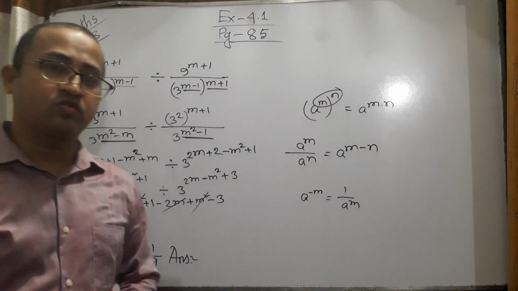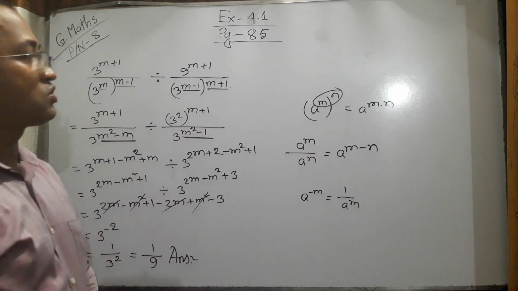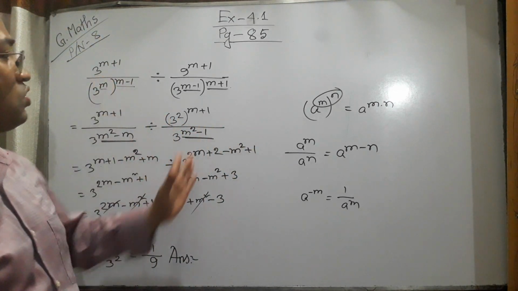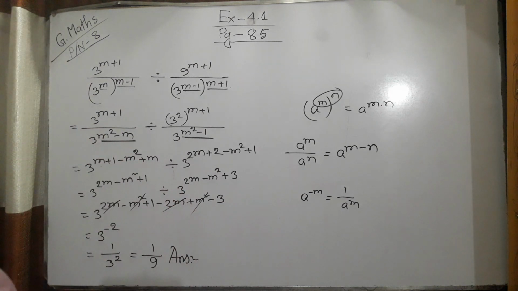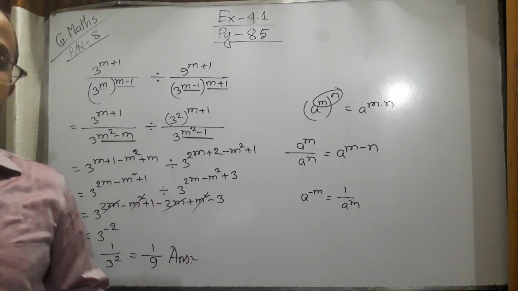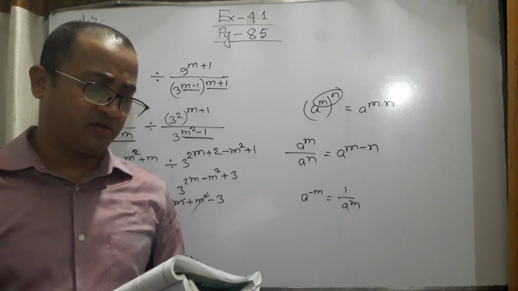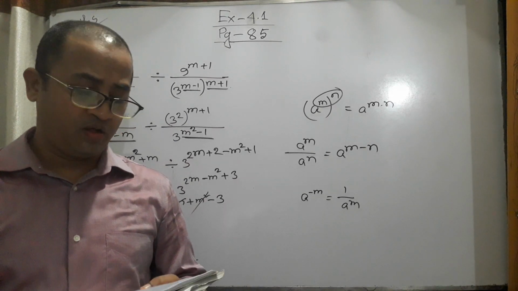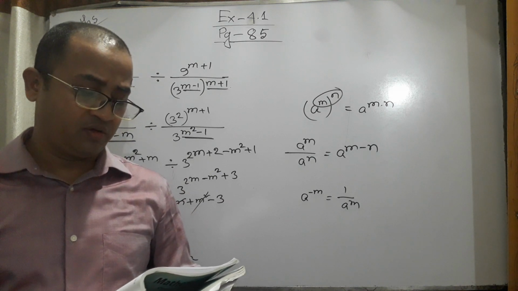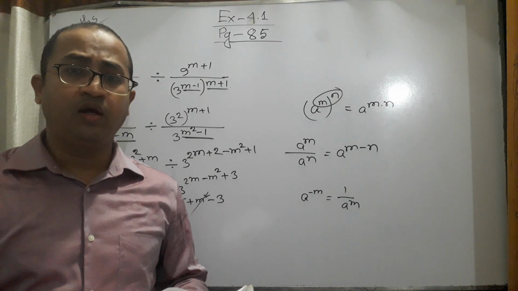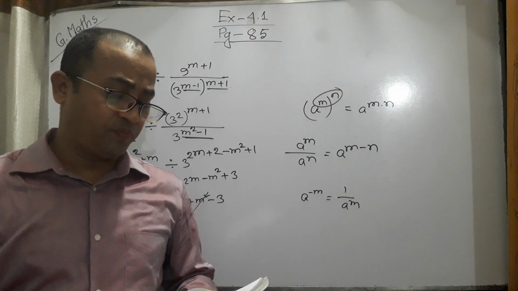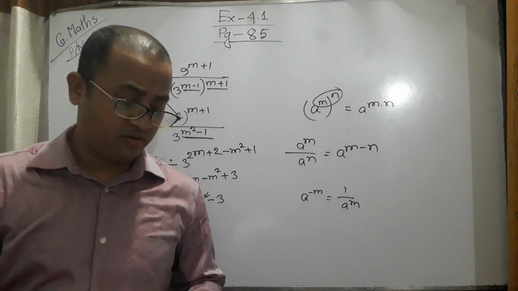Hope that all of you understood. Now I will solve another math. Look, up to 8 you can solve it like this. For 9 to 15 you will prove this: the left side and right side you will prove. So here I will show only one math from 9 to 15, that is number 15. This is very important for you, so I will solve number 15 only. Please follow the book.